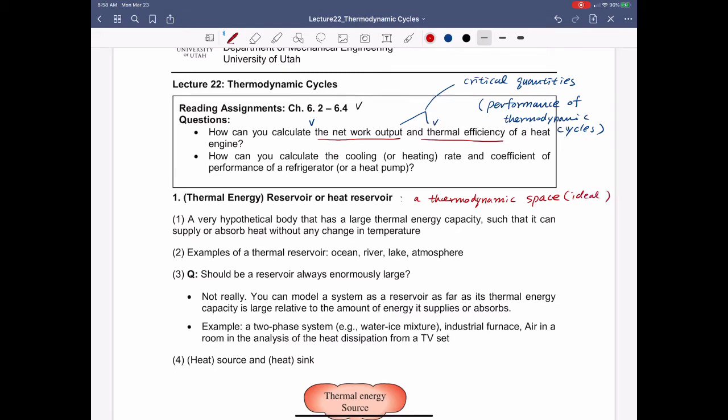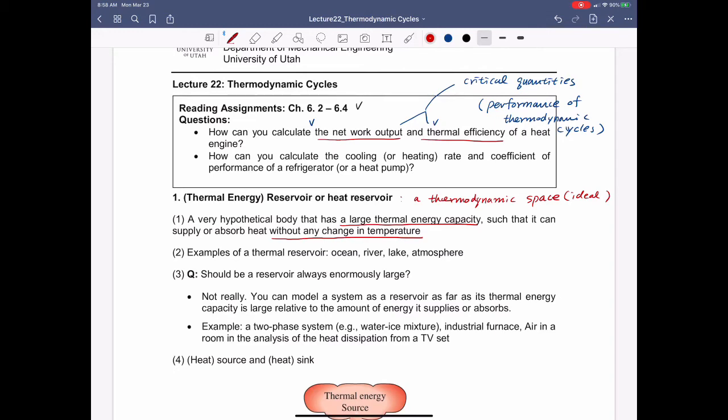That has a very large thermal energy capacity. What it means is that, even though there is a certain heat input or heat loss from this reservoir, it doesn't change its temperature. So that is very important. So no matter what happens, even though there might be certain heat loss from the heat reservoir, this reservoir doesn't have any temperature difference. Same way, even if the reservoir gets certain heat from some air, this reservoir